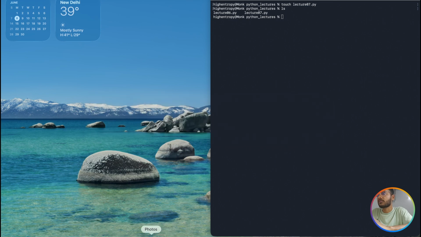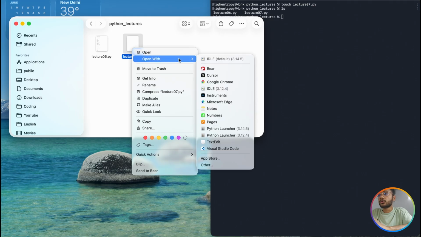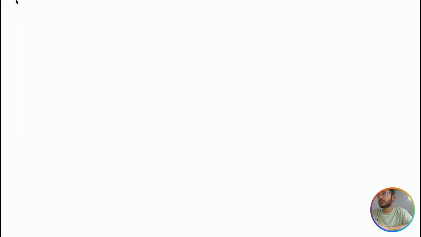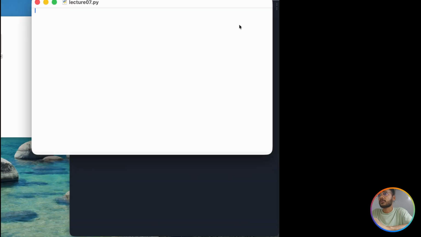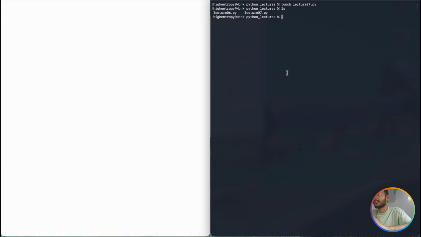Oh, what is wrong? Yeah, so let me open it with the same text editor. Open with, where is that? Yeah, TextEdit. I know it's not good. I need to open it side by side. Okay, so yeah, it's done.